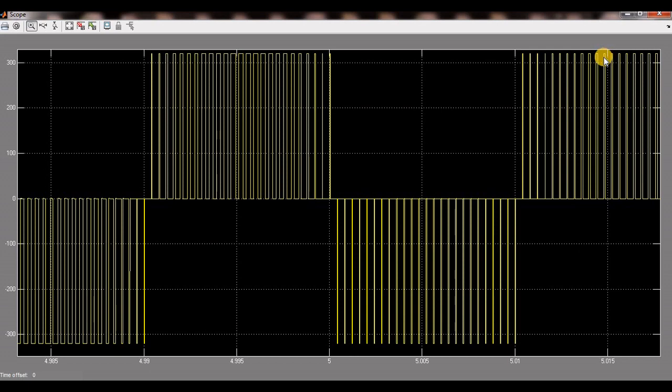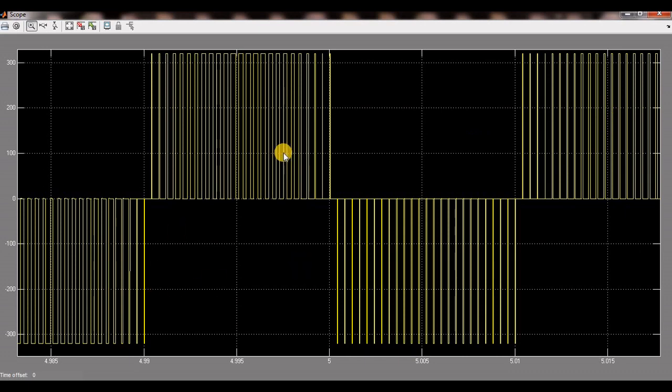See, this pulse width is very less. This is the on time and this is the off time. Here off time is more compared to on time. Here on time is more compared to off time. See, for every pulse the width is more from here to here. Here the width is more, because here I require 200 volts and here I require only 100